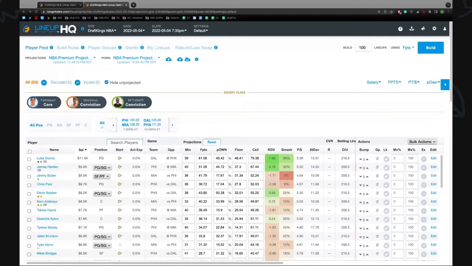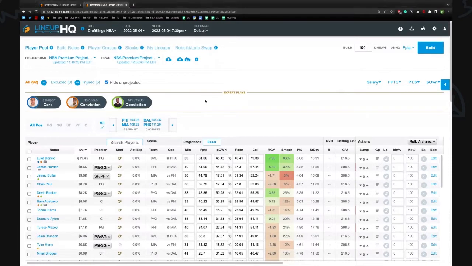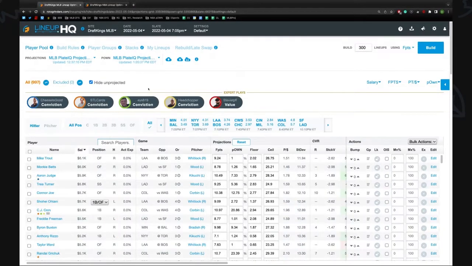Hey, what's up, grinders? Dan Gaspar here with a quick instructional video on how to aggregate projections using the Lineup HQ tool at rotogrinders.com. We're going to do it a couple of different ways here using both MLB and NBA as an example. And let's start with the MLB because we already have a set of projections loaded,